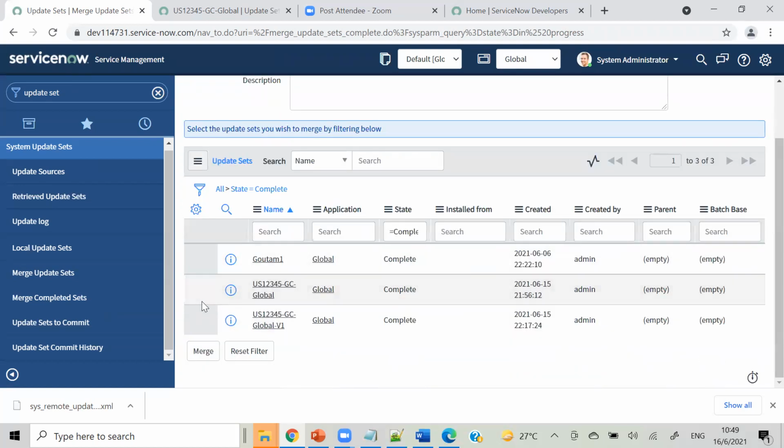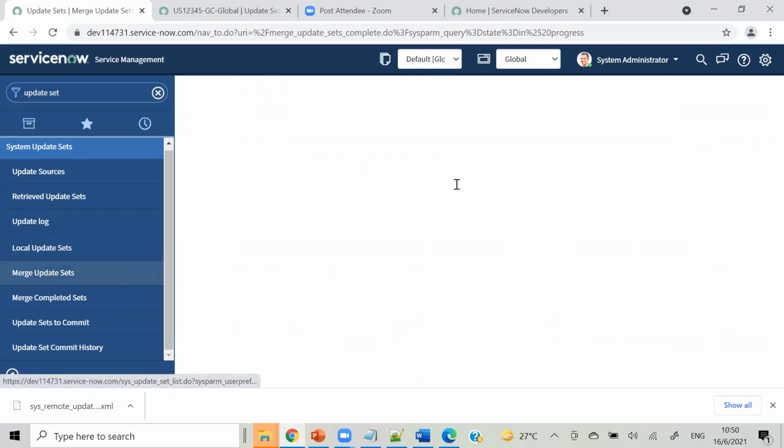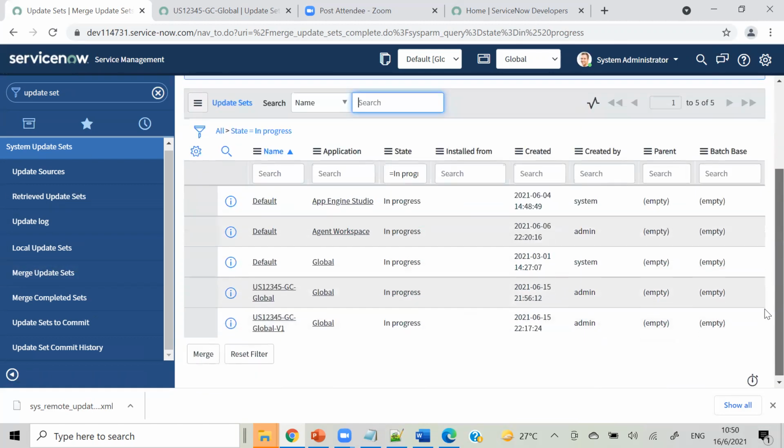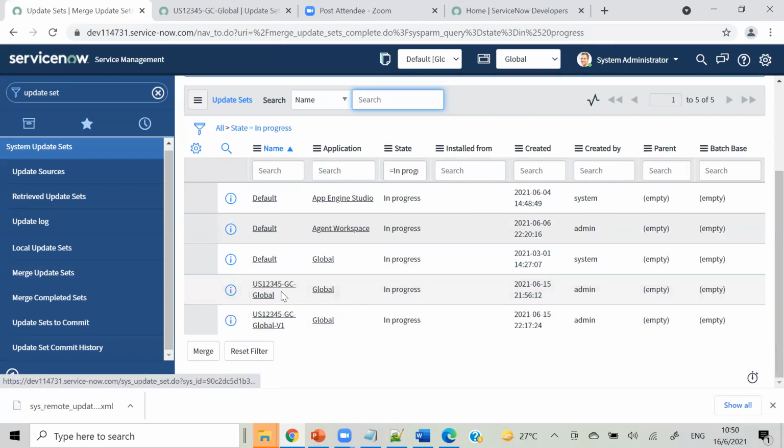Okay, so these are my two update sets. It is not allowing it when it is complete, so I'm making this in progress, and I am making this also in progress. Sorry for the confusion.